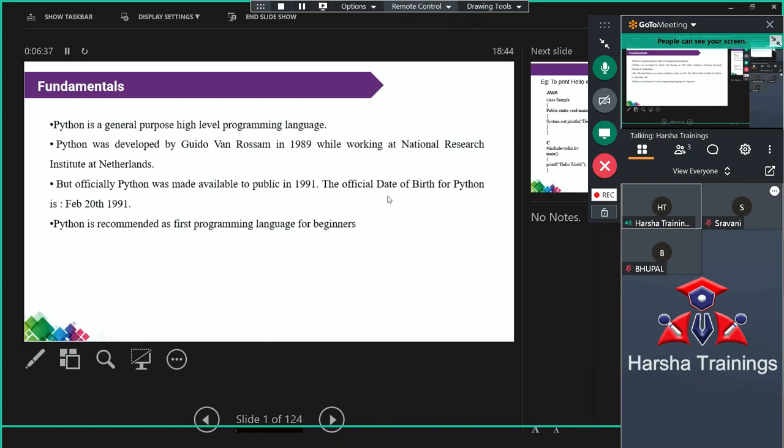Why? Actually, up to now, we assumed that C is the first language. What is the meaning of this one? This is completely a contradictory statement. But why, in a sense? Python has limited syntax. It is very easy to use. Generally, we have two things: one is a small thing, one is a very complex one. Which one do we do first? Automatically the small thing. That is the reason the Python code is written in a limited number of lines.